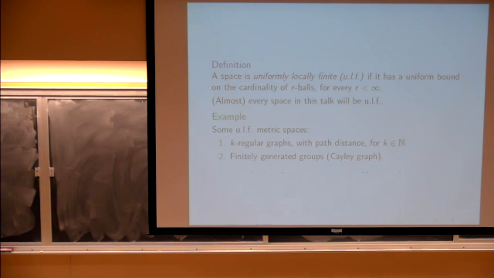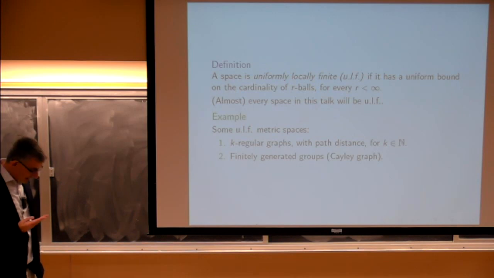Okay. Now, the fact that reals and integers are equivalent just doesn't sound right. So I'll stick to spaces which satisfy an additional assumption. A space is uniformly locally finite if it has the property that if you look at n-balls for any fixed n, the supremum of their cardinalities is bounded. So reals are definitely not, because every open ball is infinite already, but in the integers, the supremum is given by the diameter pretty much.